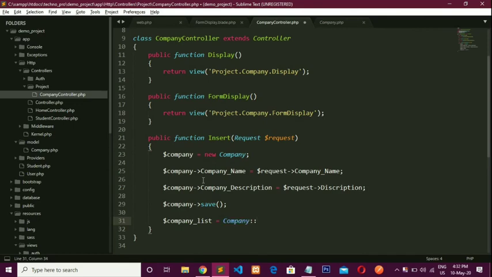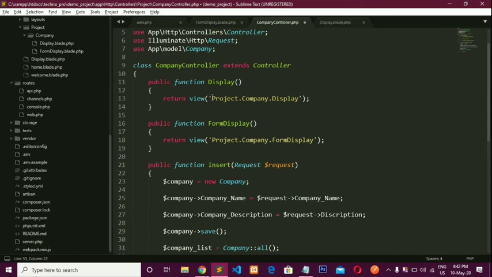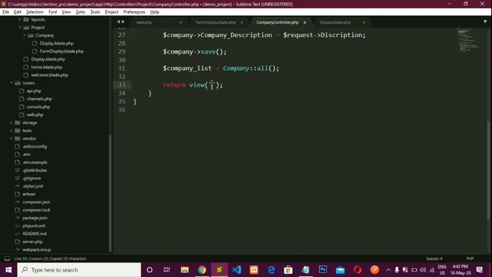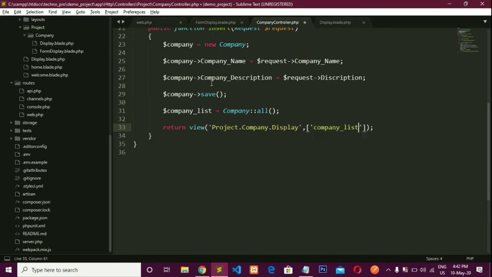Company old. Now the last line is return view, and copy from here and paste it. Now the second parameter is company list, because whatever data I get, I have to pass in display.blade.php, so I can use it to display company dynamically. So its value is $list.